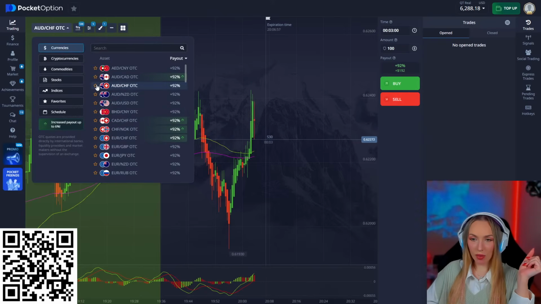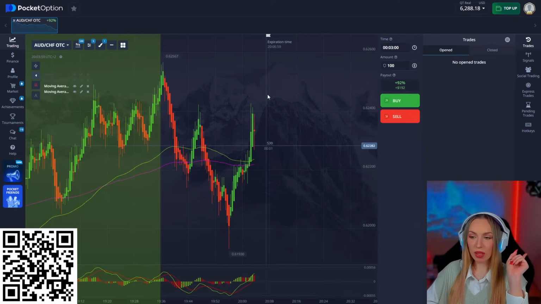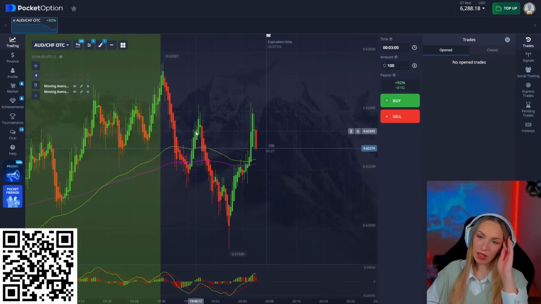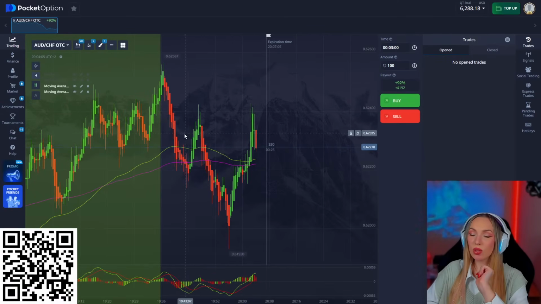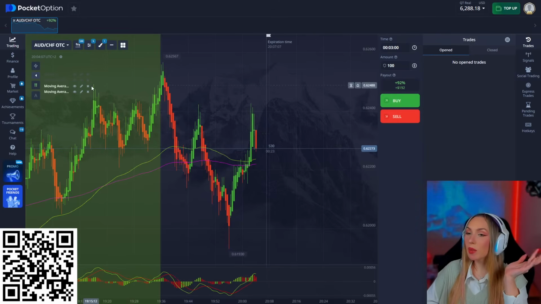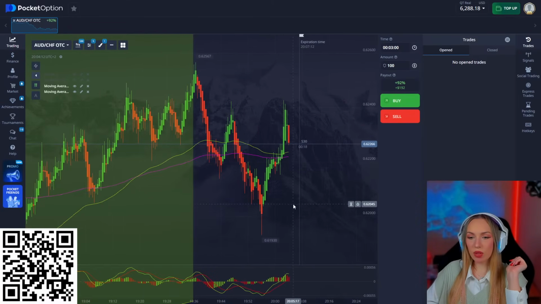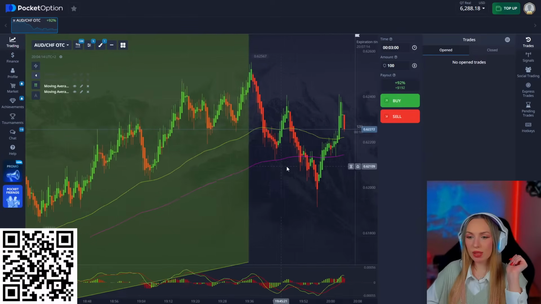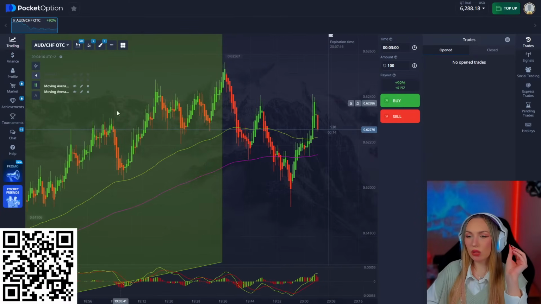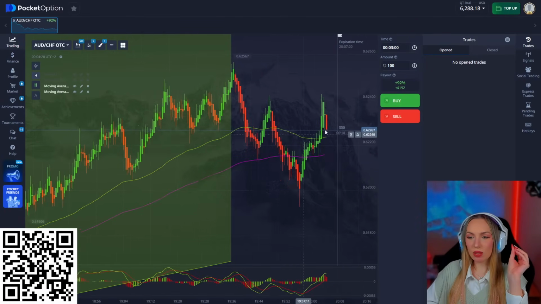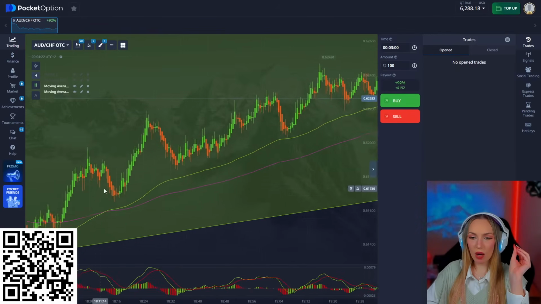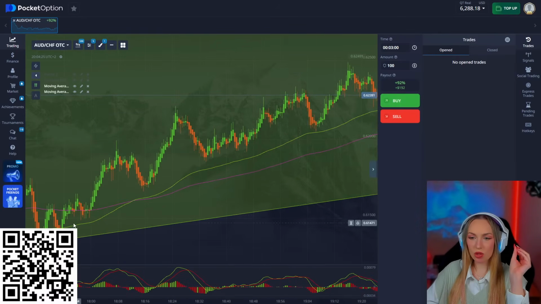So I would save this one, because for me this chart has a clear structure, and maybe later I would love to open here the trade in the upward direction, or maybe even downward, but for now I think it will go up. Even though on 30 seconds it looks a little bit lateral, like it got stuck here in this zone, and like here it was going up, right? Like here we can see the clear structure going up,